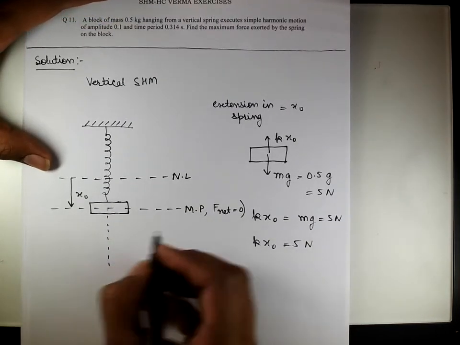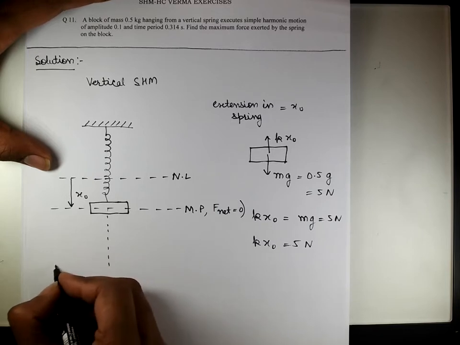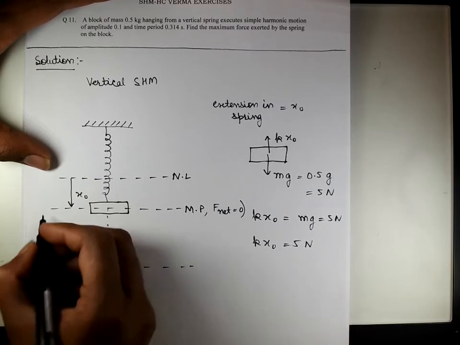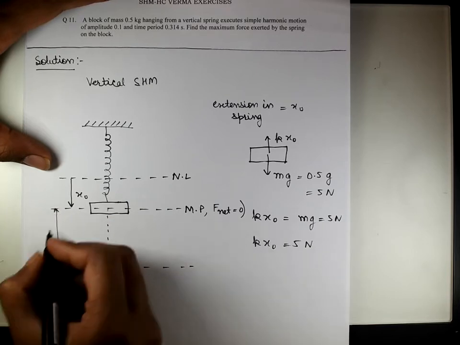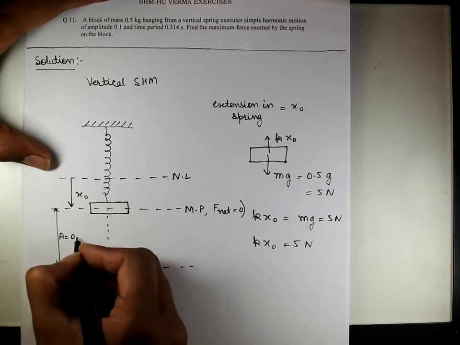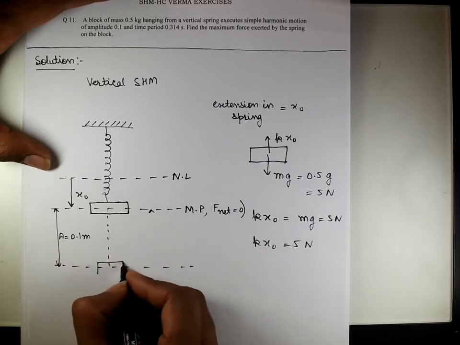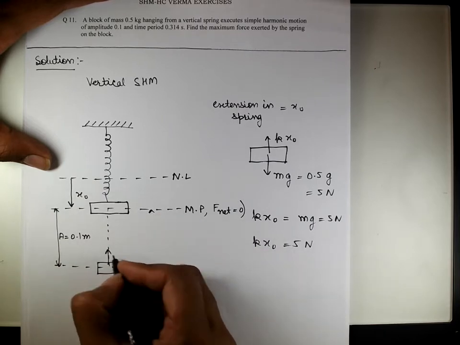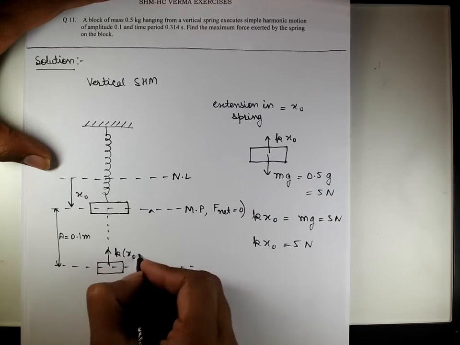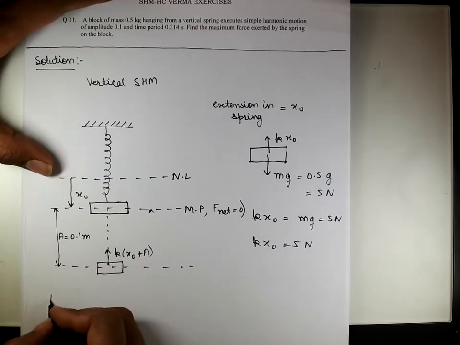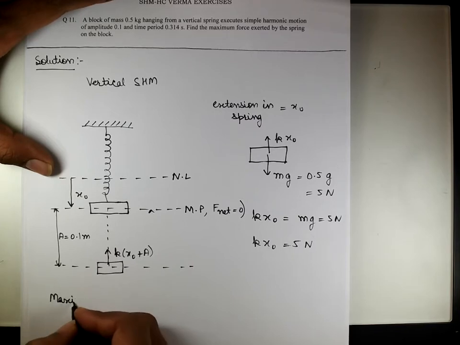Now it is given that the particle has an amplitude of 0.1 meter. So the spring can further be extended through an amplitude, and over here you will get a force of k times x0 plus a, which is the maximum spring force. The maximum spring force would simply be equal to